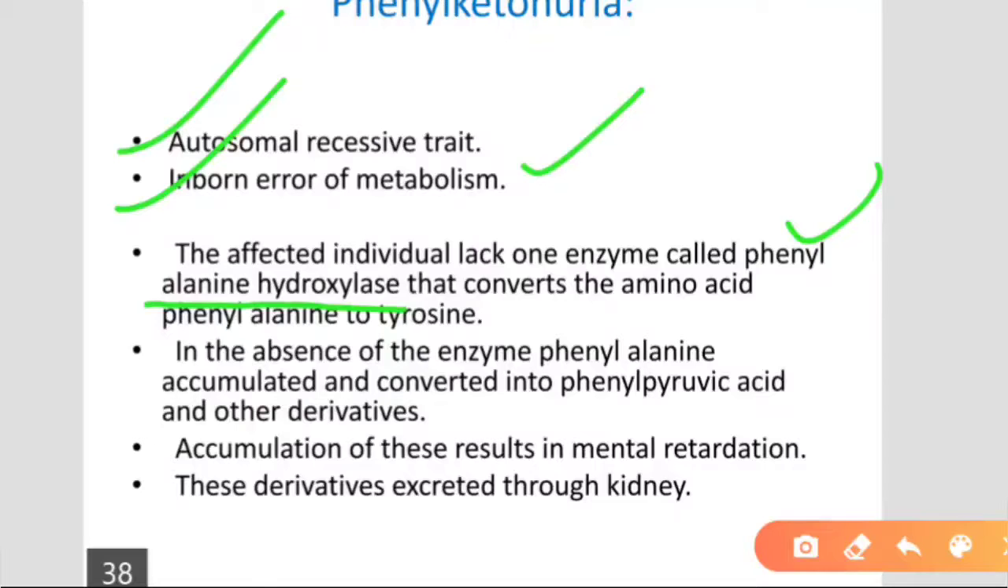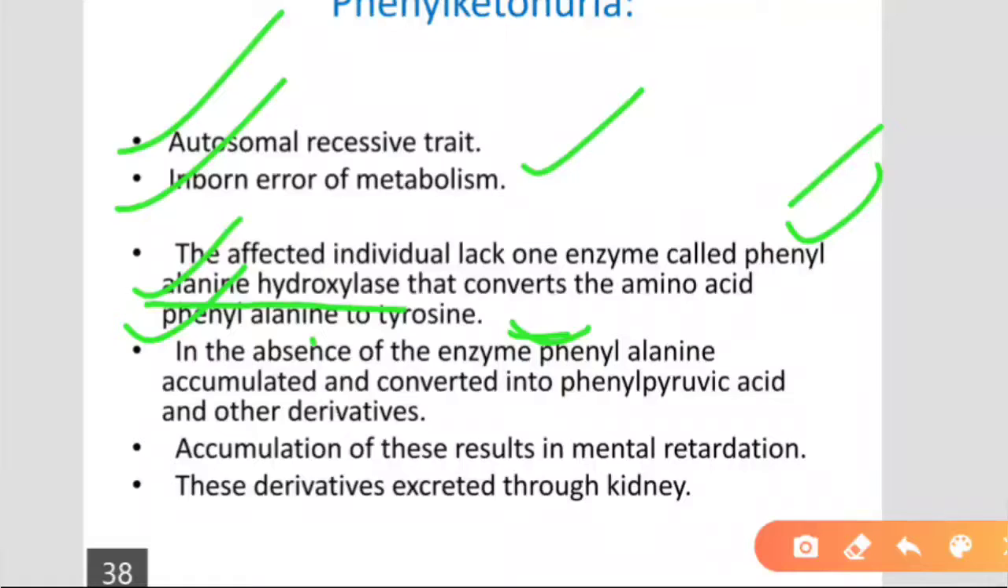Phenylalanine hydroxylase enzyme. This enzyme converts the amino acid phenylalanine to tyrosine, right? What is the amino acid? Phenylalanine. It can be converted into tyrosine with the help of the enzyme phenylalanine hydroxylase, right? In the absence of this enzyme, phenylalanine accumulates. The first thing is, it is not converted into tyrosine, and it can